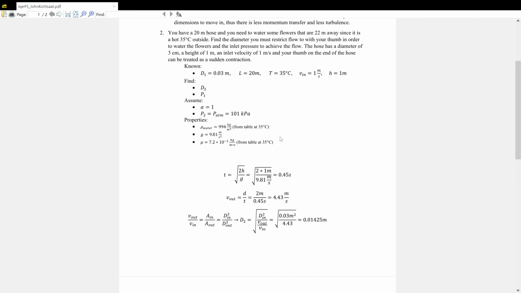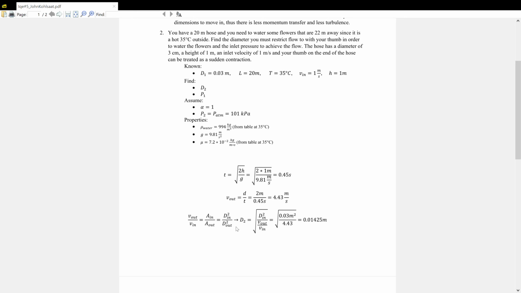We start out by finding the necessary velocity out of the hose by essentially finding the time it takes for the water to fall 1 meter, and then taking the distance it needs to travel divided by that time to find the outlet velocity necessary, which is 4.43 meters per second. Then we can use that to find the